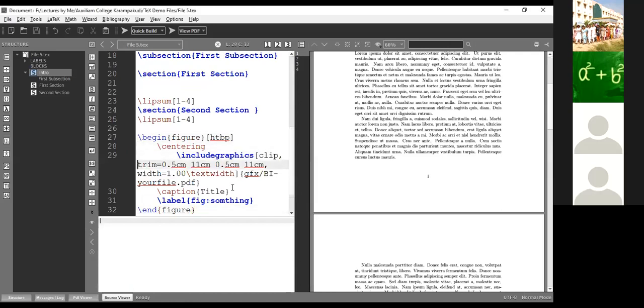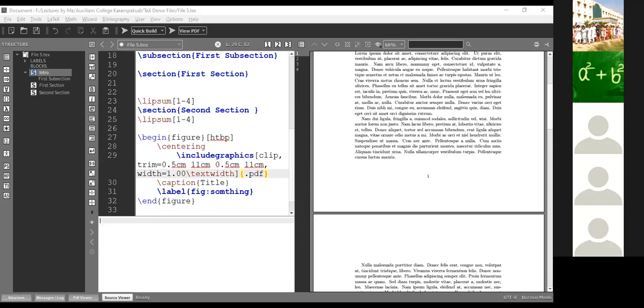I'm using this PDF, today's PDF. I have that file named file3.pdf.